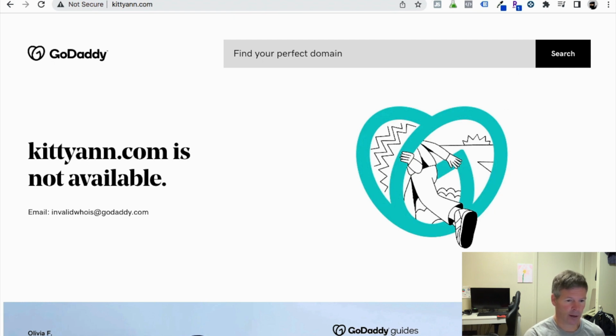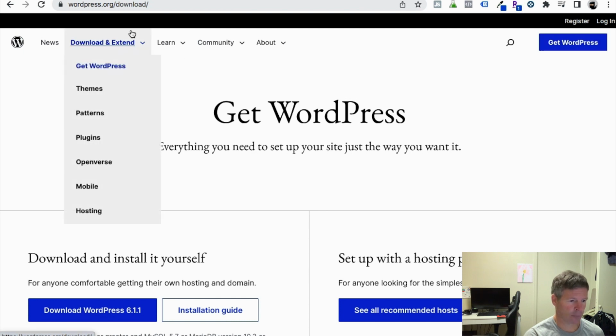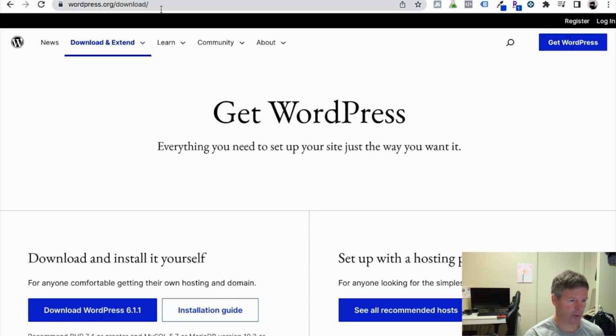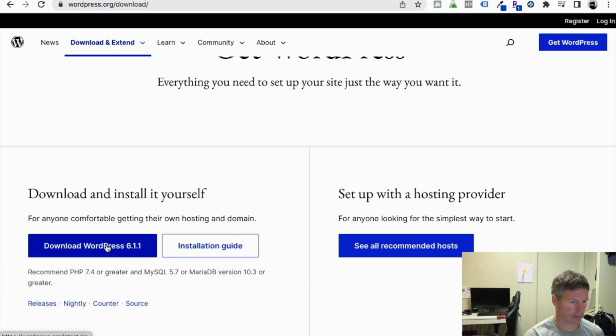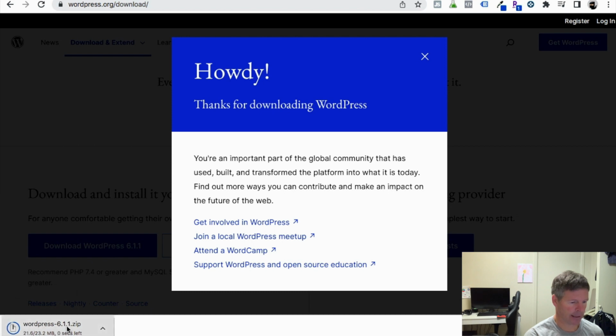So let's go ahead and go to WordPress. We're just going to download WordPress right now. You can go to Get WordPress on WordPress.org, or getwordpress.org/download, and all you're going to do is you're just going to download the latest version of WordPress. You can see it's downloading right there, and I see it's WordPress